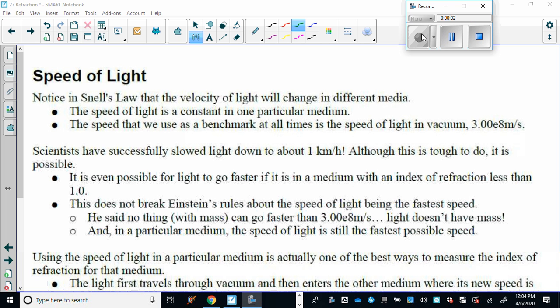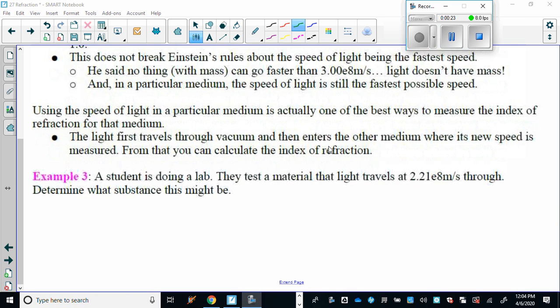All right, last lesson for 27. And this deals with the speed of light. It's a pretty short lesson. So as we discussed previously, light travels slower in mediums that have a higher index of refraction or higher density. You can go through all this stuff here, read all your notes here, and we'll go right